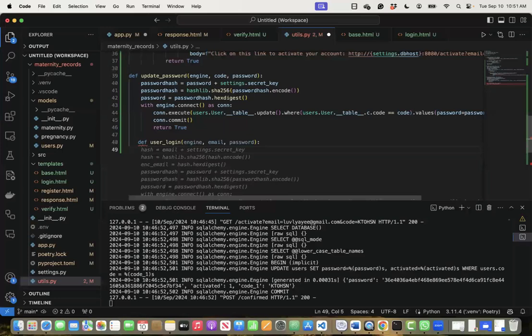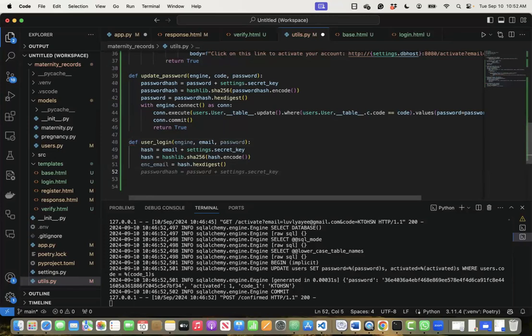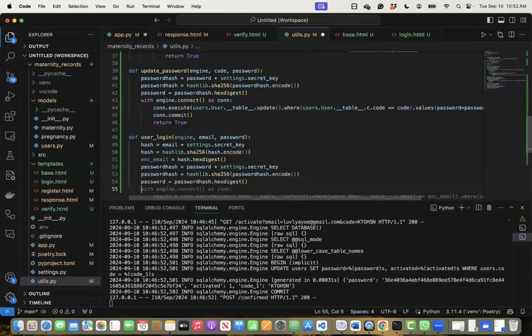So we'll come here and say, let's say hash email is equal to email plus settings plus secret key, and then let's just use this for the email, and we'll say email. Then let's do the same for the password. So I'll say password hash, and I want to now connect to the database and check the table if the email this user entered